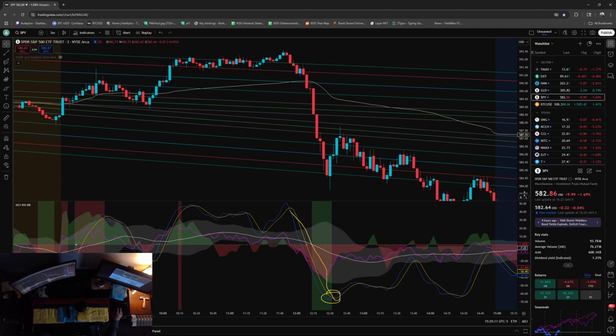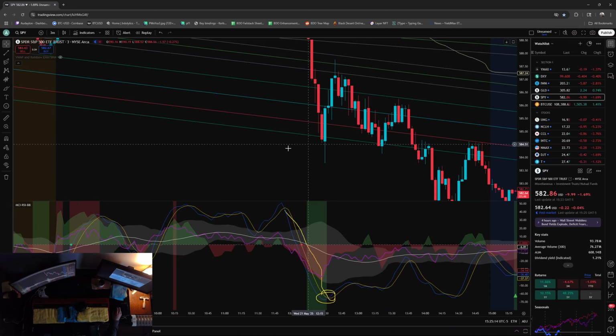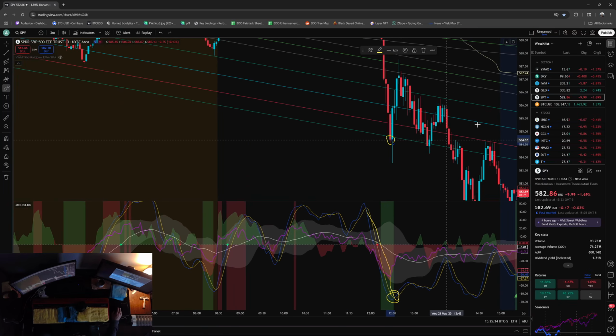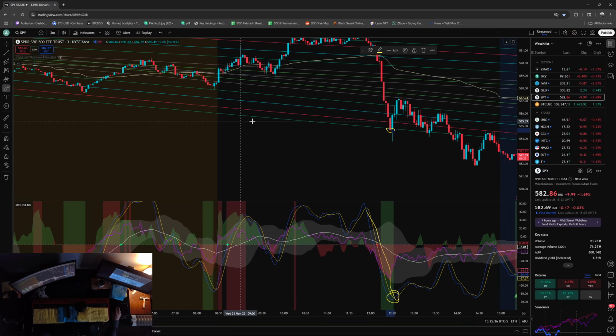You know, the possible way would be to use these Fibonacci channels. We see that we are overextended right here. Now, you would possibly lose a dollar of profit if you waited for the cross up on the 3-minute chart, right? So if you were on the ball watching this the entire time, you'd say, well, where do I get out? I'm going to get out when it crosses the other side of the Fibonacci channels. And that, I think, would be the perfect